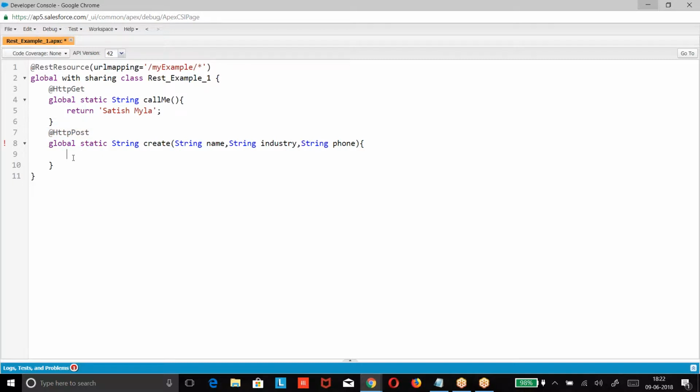HTTP post. Now, when you are trying to perform an operation, it may be a success or a failure, I am not sure. What I am doing? This is equal to.